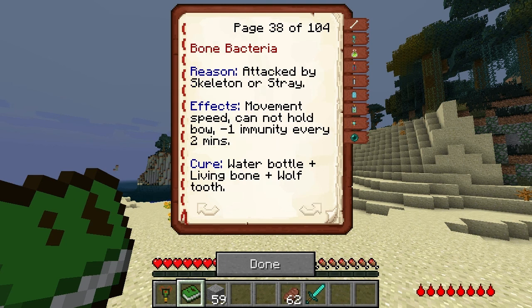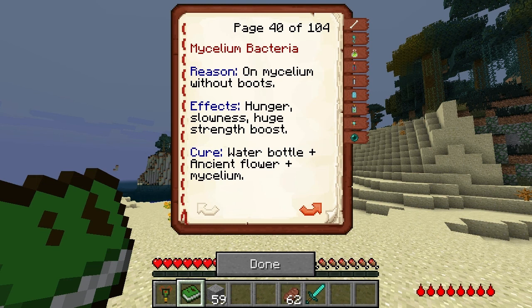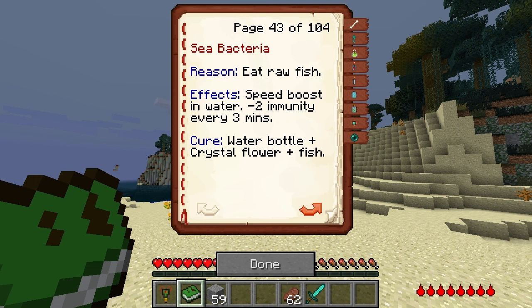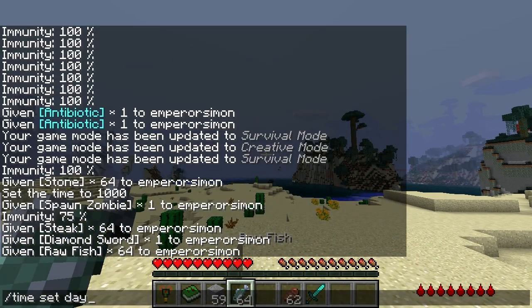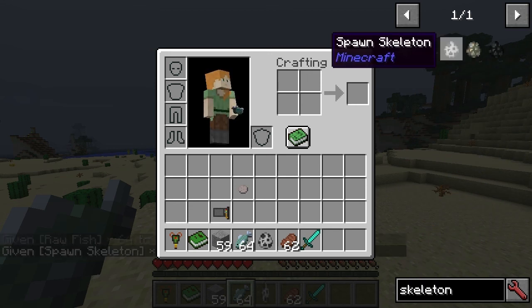So this lowers your immunity, the bone bacteria. What effects does the mycelium one? Strange. That one's interesting, the small green, big green. Alright, so that's just for the bacteria. Speed boost in water, -2 immunity. Let's try that one. Give myself a hunger effect, maybe. Can I get a skeleton? If I get a skeleton out...